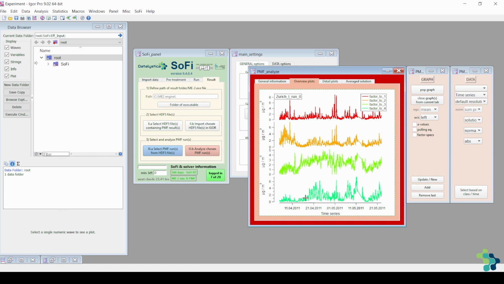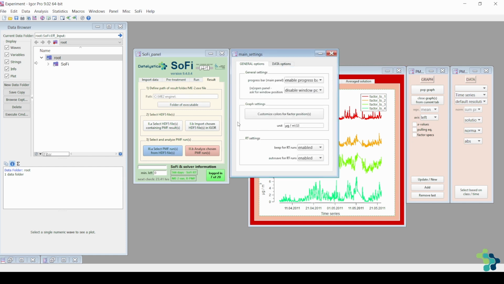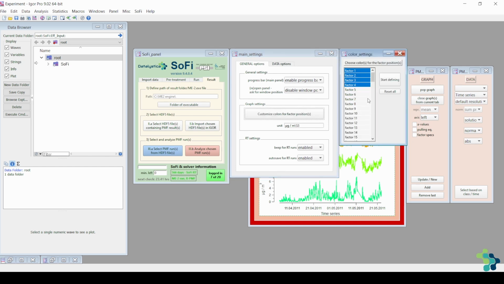In case you want to pass user-defined colors, for example, that are defined for a particular source, you could do that using this option. You click on this button and then a list of factors appears. You can customize up to 100 factors, so from here down to 100. I will now customize only for the first 4 factors. If you click on factor 1, press shift and then click on factor 4, you will select the first 4